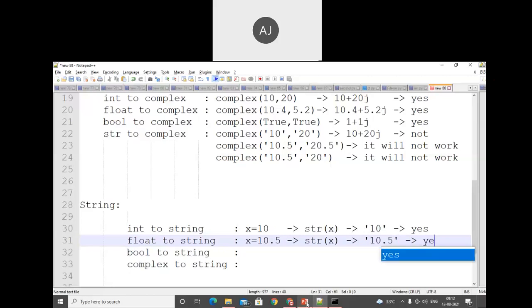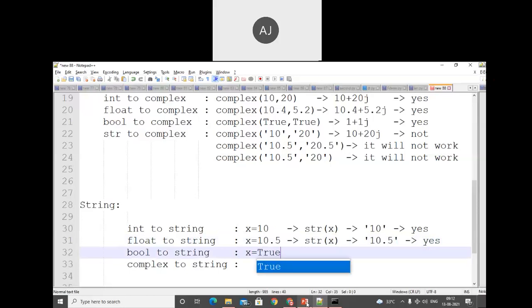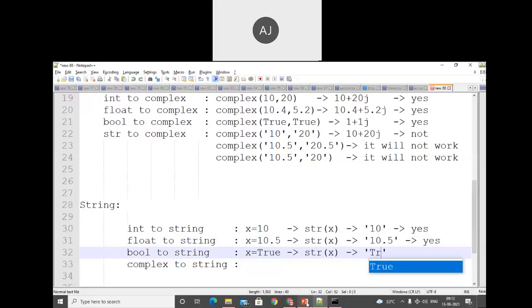Yes, we can convert fractional values into a string also. Another part we'll discuss: x is equal to True, whether it is true or false. We get the value. Yes, we can convert.